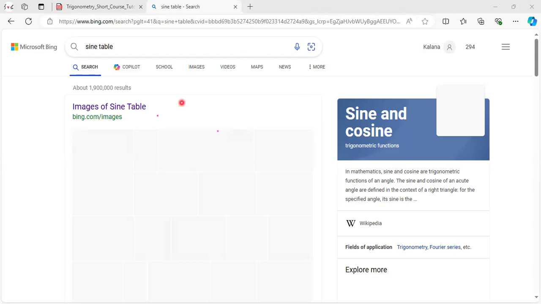Now, since we have learned about the main three functions of trigonometry, right? So then we might have a problem with how to find out the values, for example, how to find out the sine 30 value. If the angle value, which means the theta value, is given, how do we find the final answer? What is the cos 45 value? What is the tan 60 value? So in this kind of situation,